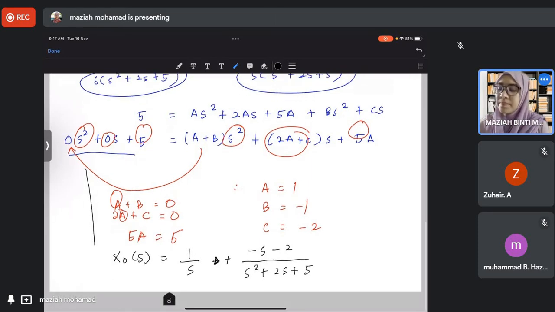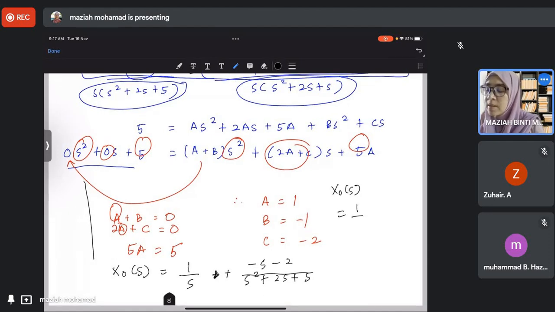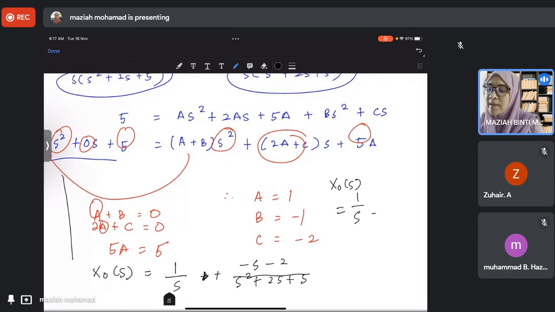So you can also write X naught S equal to 1 over S minus S plus 2 divided by S square plus 2S plus 5. Right, so if we're going to inverse that,